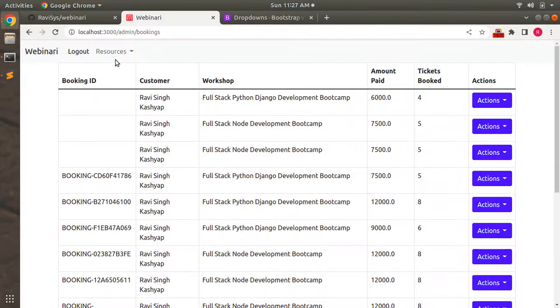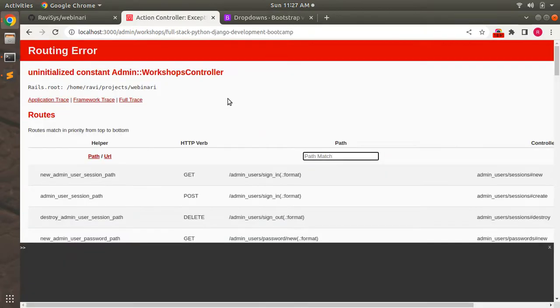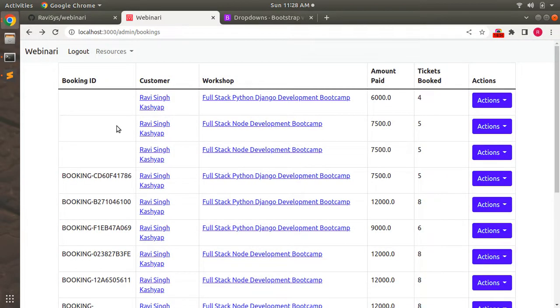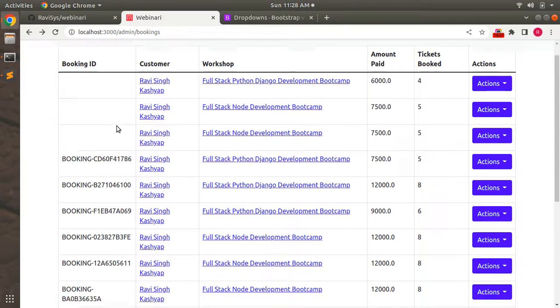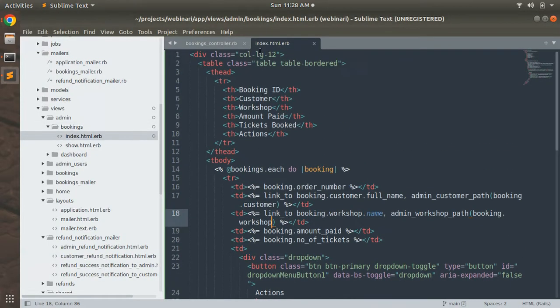Now if you refresh the page, you can see that we now have associated links with the customer and workshop. So for example, if you click on it now, for now you will see an error because we did not implement the workshops controller. Okay, but still it would be a better user experience to redirect the admin to the workshop or customer from this booking page itself. Okay, so that's all for this. But here let's do one more improvement, add an empty class